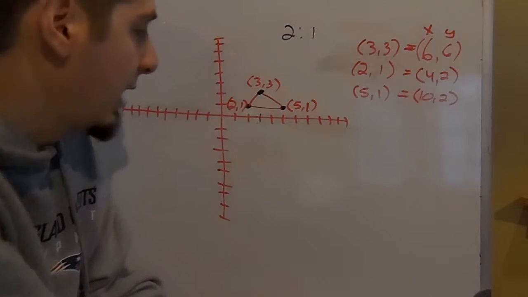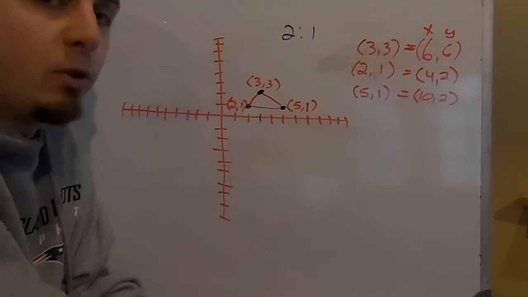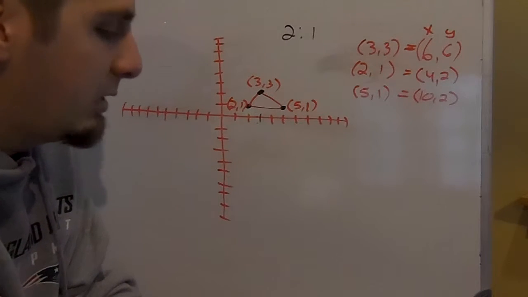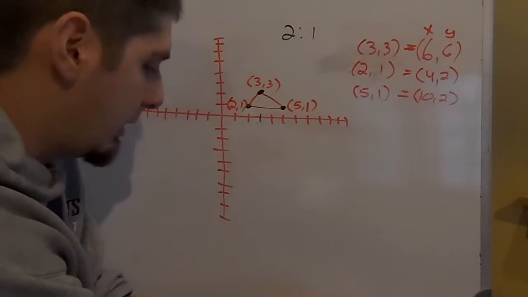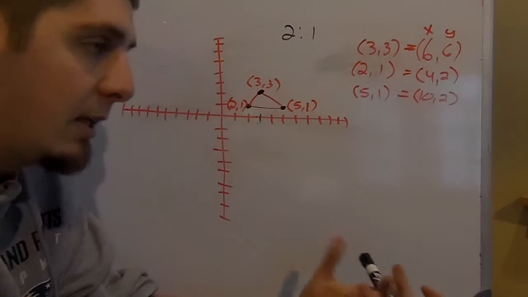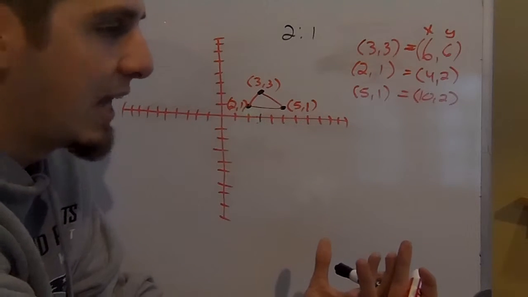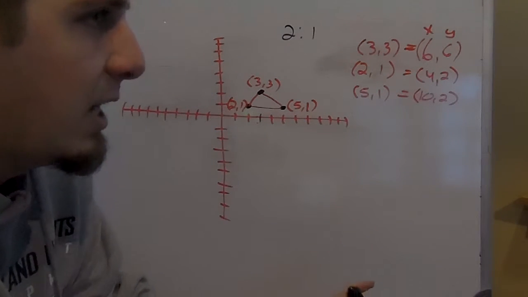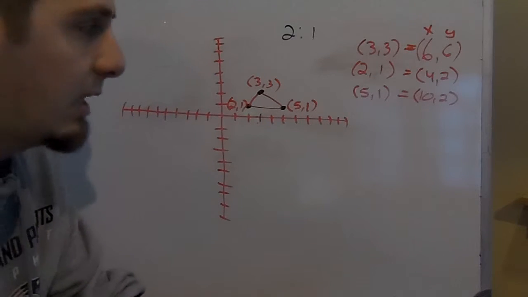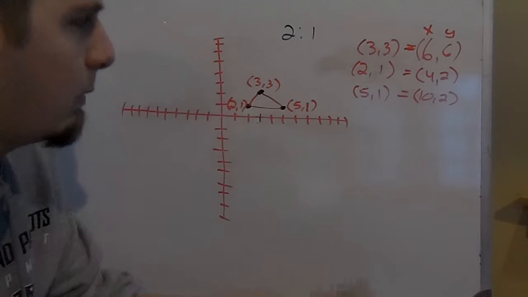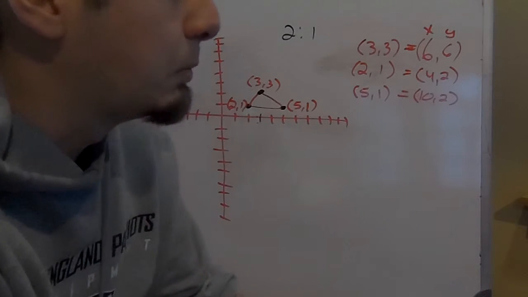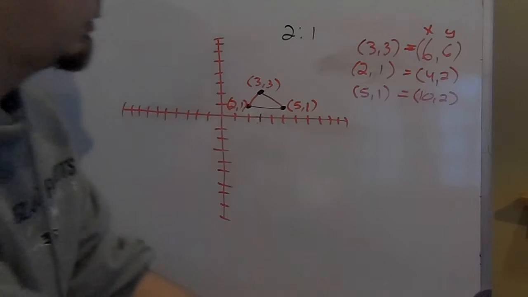Hi, I'm Mr. Kangas, and today we're going to take a look at Chapter 10, Section 3, Dilations. Basically, a dilation is taking a shape and increasing or decreasing its size. So we may decide we want to take this triangle and make it twice as big as what it currently is, or we may want to make it a third of the size that it currently is. And so a dilation is just simply how do you do that